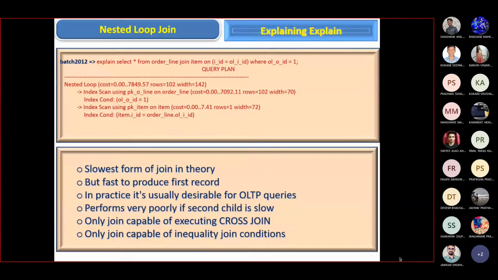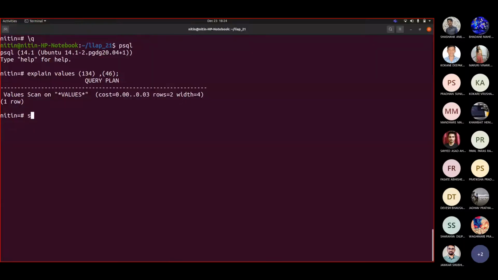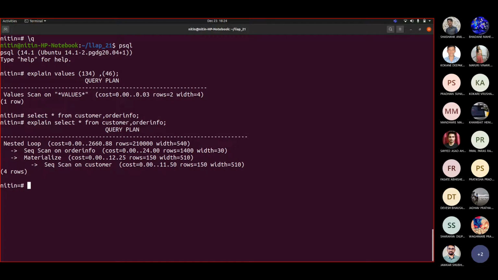So one thing we saw was this nested loop. But if you see how it is described here, it might always be talking about a join perspective. But we saw this nested loop can be used here, whenever you write select star from customer comma order info. Correct. Now if I write explain here, then you can see that this nested loop is there. Similar kind of structure is added.